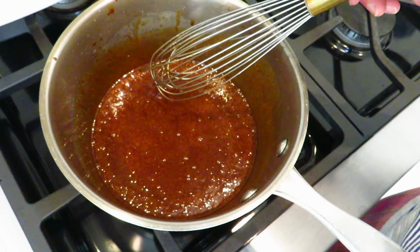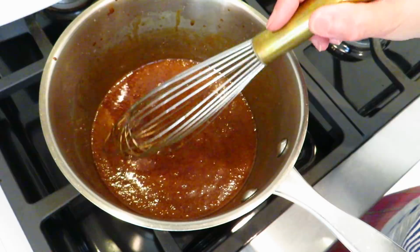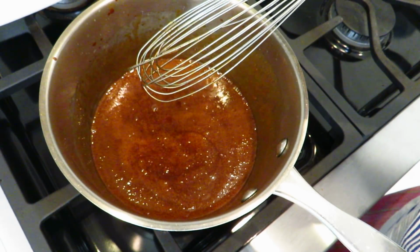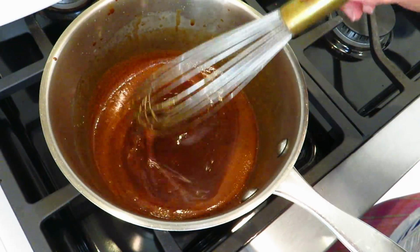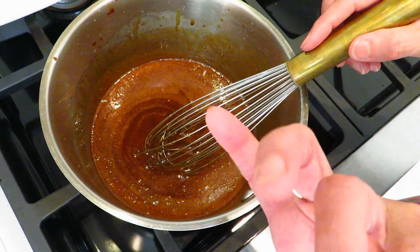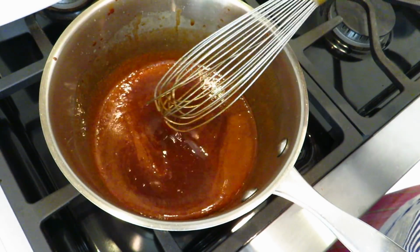so I'm happy with today's texture and everything, and it just feels right. The last time I made it, the instant coffee grain still was not melted. It was not as good, but this one today is good because I'm